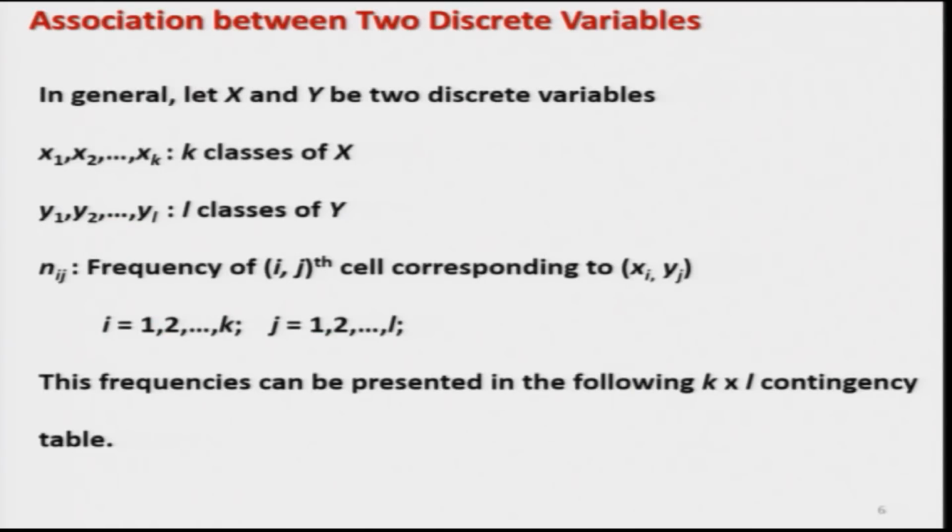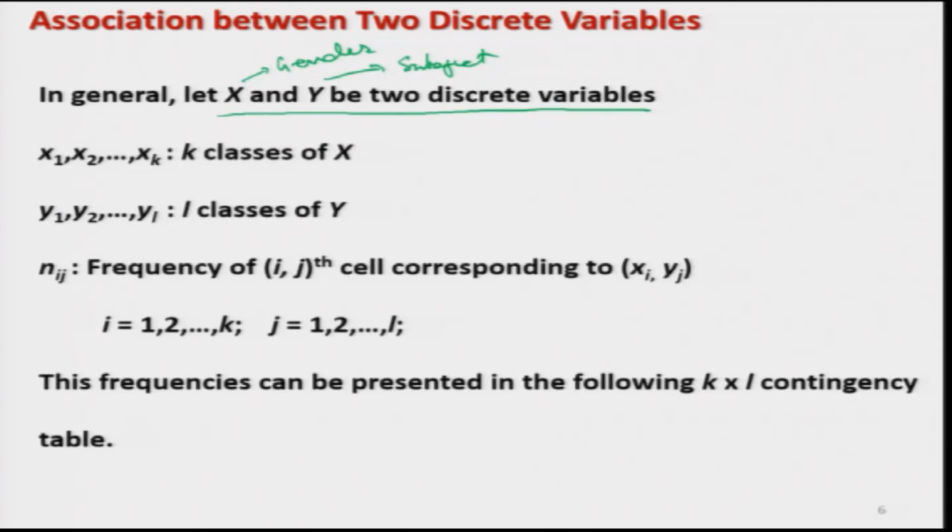Now, if I try to make it more general, suppose I take two discrete variables on which the observations are obtained as counting. You can see here, for example, in the earlier case x was denoting the gender and y was denoting the subject, and we had divided the data into two classes for x and two classes for y. Two classes of x are male and female, and two classes of y are maths and biology.